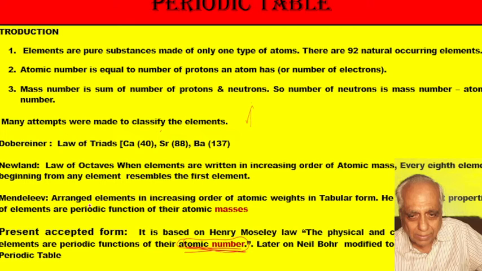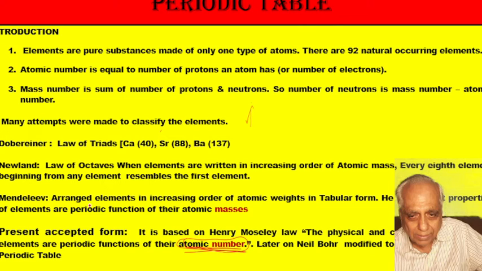Then how many columns are there? Vertical. There are 18. See the last number, 18. So there are 18 vertical columns, which are called groups. So there are 18 groups